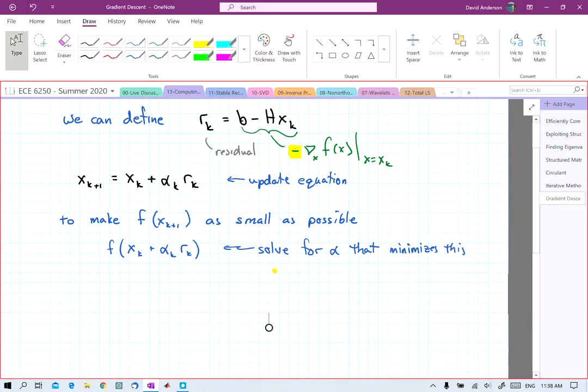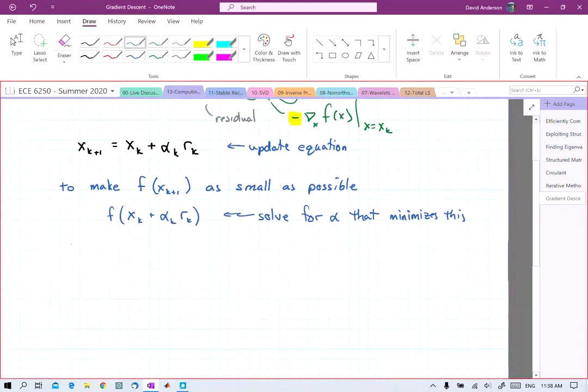So anytime we're trying to minimize something, we take a derivative because we have these nice, well-behaved systems here. And that's just equal to the derivative of